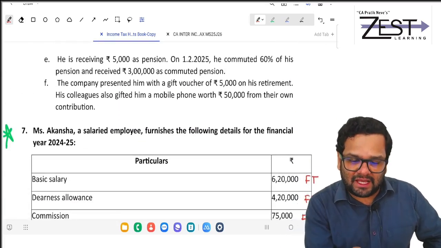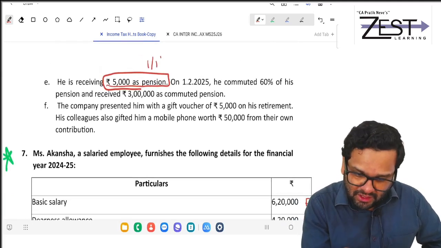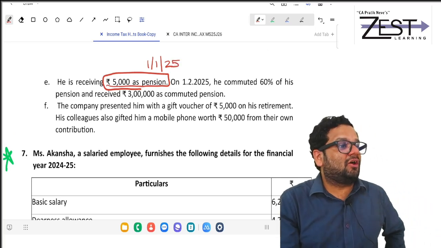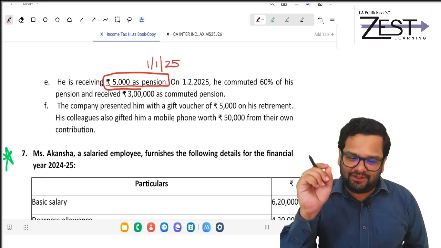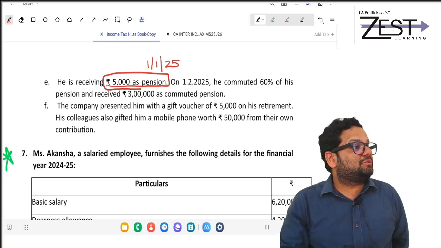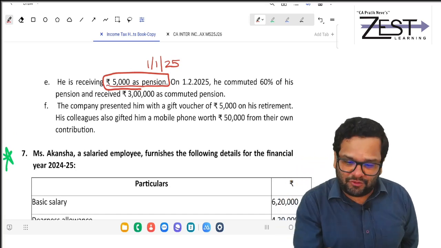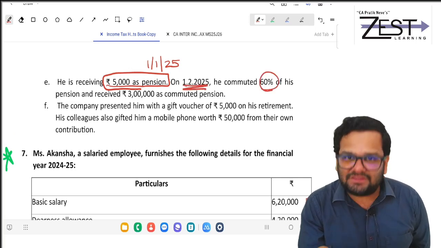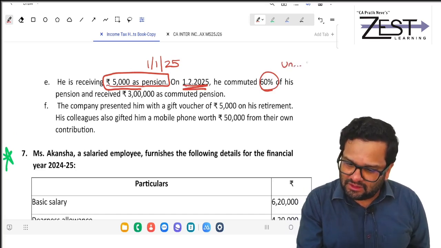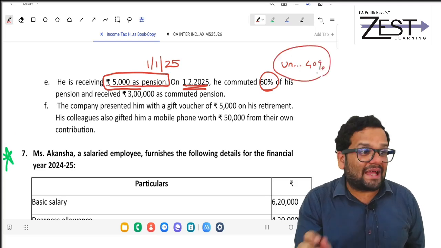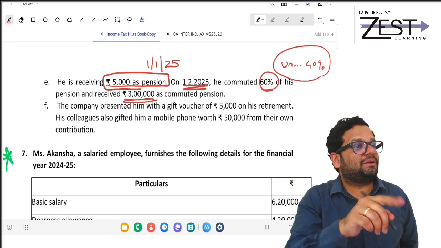He is receiving 5,000 as pension. Mind you, this pension will start from 1/1/25 because he retired on 31st December 24. So pension will start from 1/1/25. This 5,000 is which pension? This is uncommuted. But on 1st Feb, he commuted 60%. So uncommuted is how much? Yes, uncommuted is 40%. You will have to tax that uncommuted